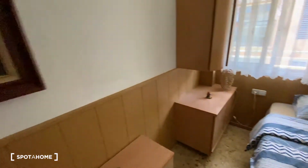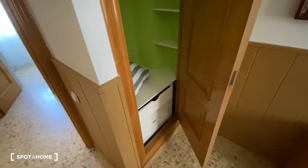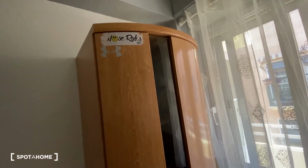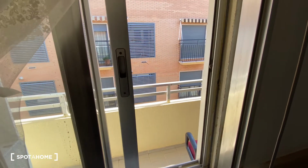Okay, we also find a picture on the wall, this wardrobe over here, okay, which is actually built in, as we can see. We find also some drawers and some shelves nicely attached into the wall. Okay, and to this other side, as we mentioned too, we got another piece of furniture, this time in this upper part of the wall, and we got a window which heads into the balcony area. Okay,